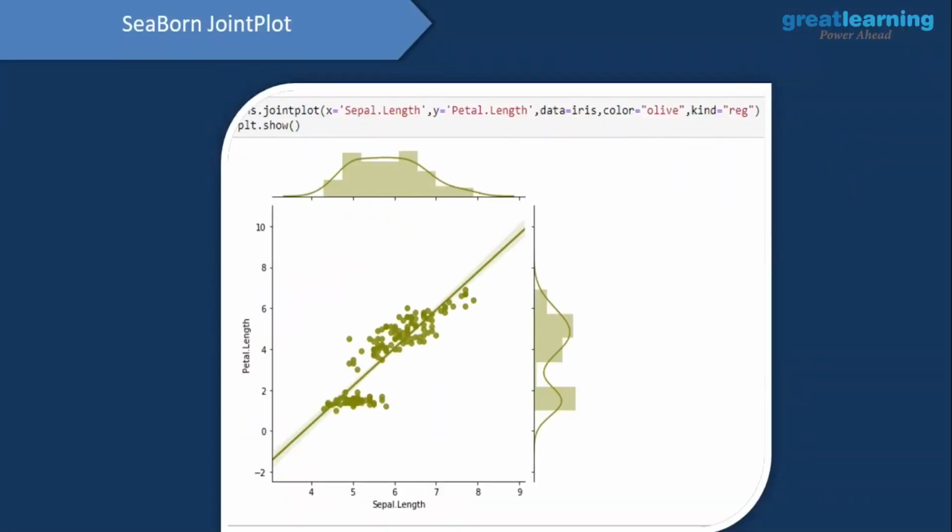Now for this, if I want a regression line through the scatter plot and also through the histogram, I'd have to use this new attribute called kind. And for this new attribute kind, I am assigning this value reg. So as you guys see, I have this regression line which is passing through the sepal length values and the petal length values, and also it is passing through both of these histograms.